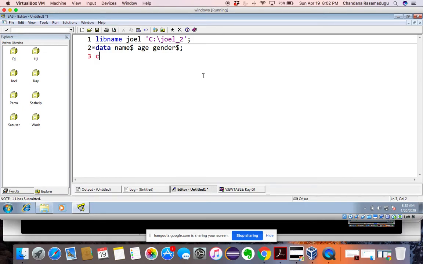Okay. Now cards, semicolon. Now give the observation values. For name, let's take Ruchika, age 18, gender female. And now Soham, 18, gender male. Okay. Now run the program.